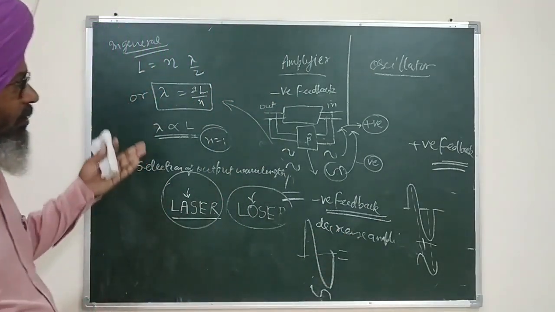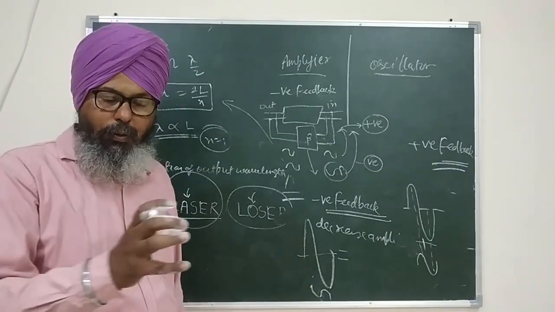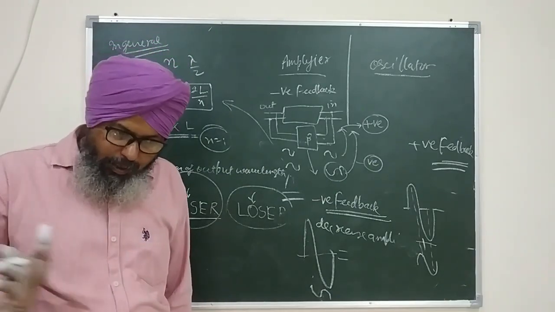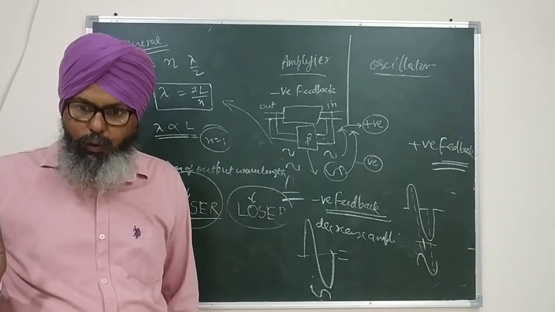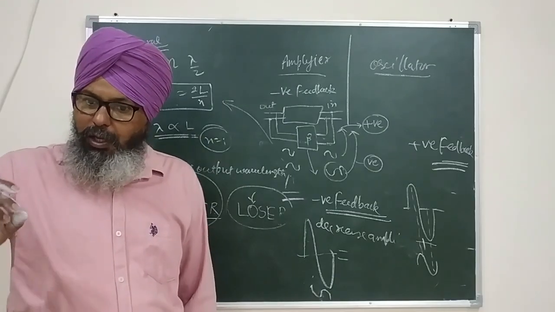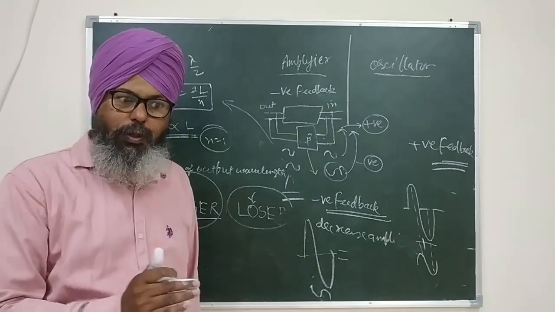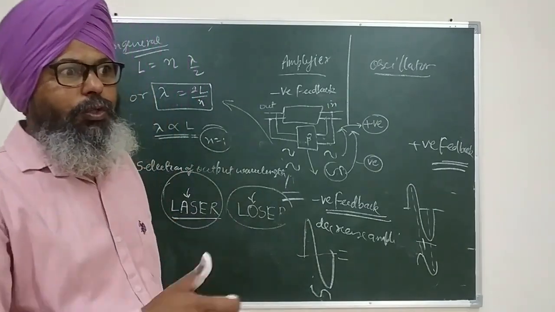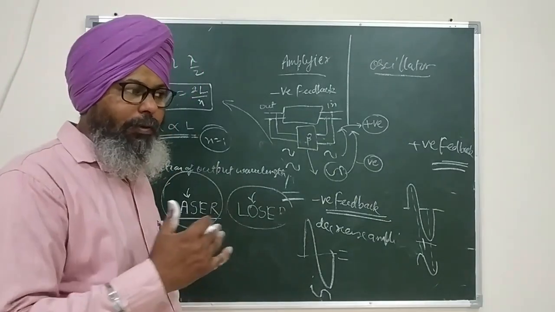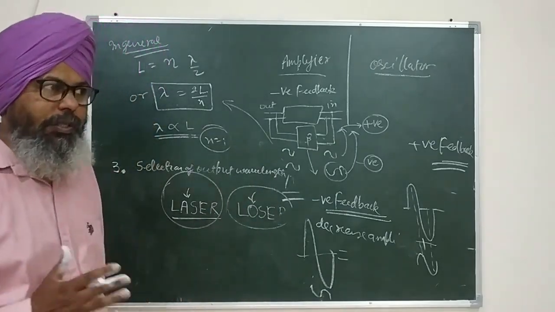And what we have seen just now, the reflected photon, is a feedback, because out of the 100 photons that strike the partially reflecting mirror, 99 come out, that is the output, and the 100th or the last photon is taken back into the medium, that is a feedback photon. And when it enters the medium, it again starts multiplying. So therefore there is a positive feedback. The photon is multiplying, or amplifying the process, whenever a feedback photon re-enters the medium. So it is a positive feedback.